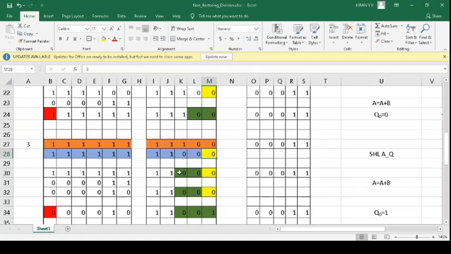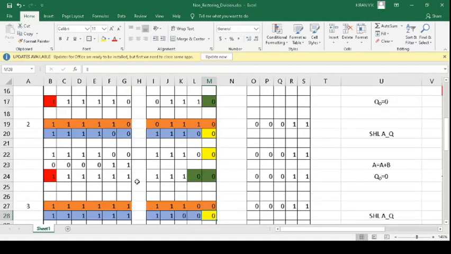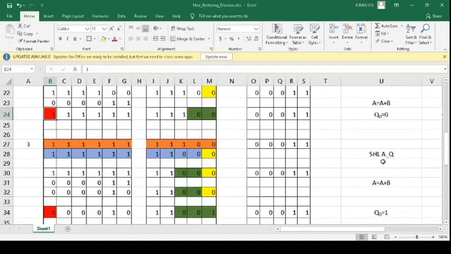Now we need to decide on the operation. So see the previous stage, that is stage 2. What was the result of operation? It is a negative result, right? So what will be the operation for the third phase? It is obviously A equal to A plus B. Okay, so this is the section of A you are having, and this is B or 3. You are going to add these two, and this is your result.